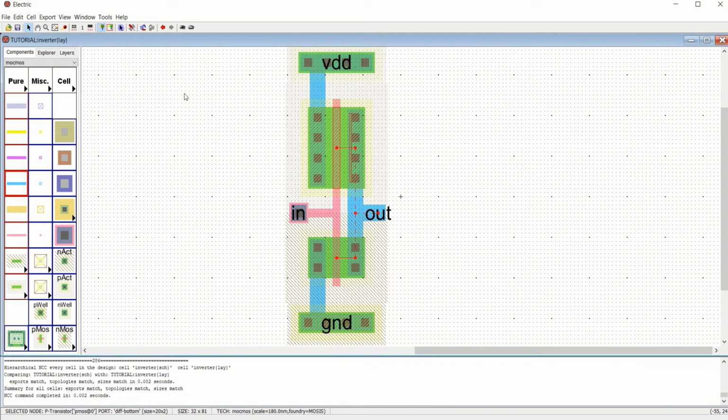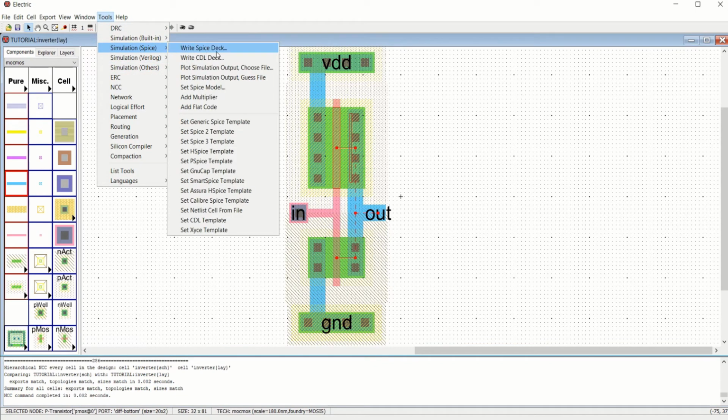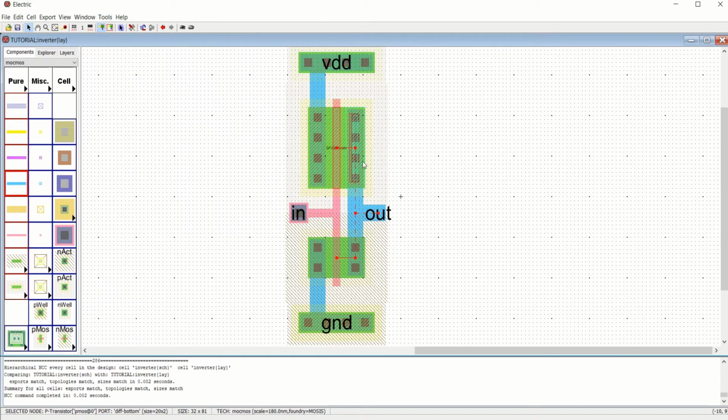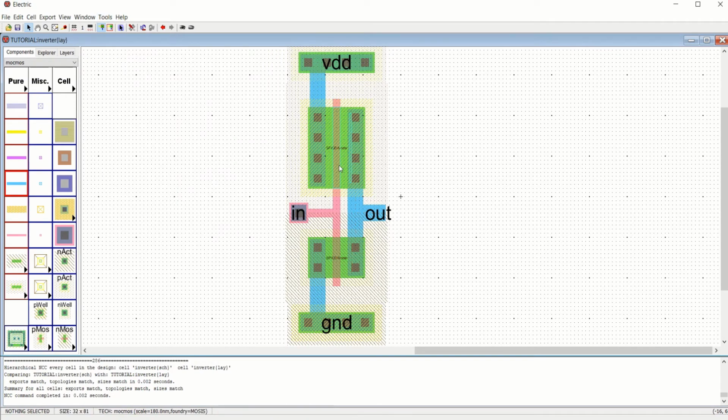So select this, go to the tool, simulation, set spice model. For the NMOS also the same process: tools, simulation, set spice model.